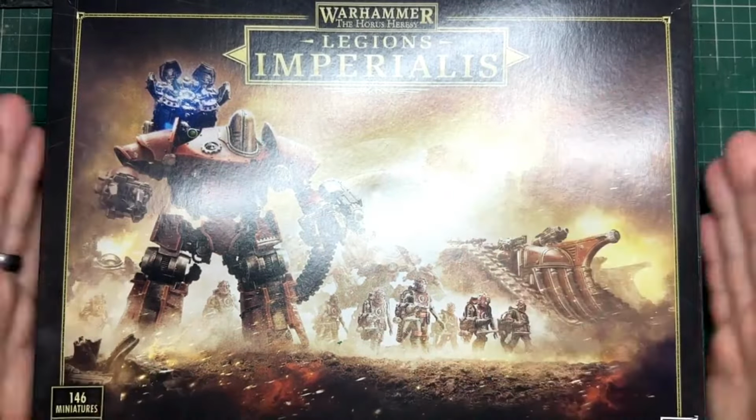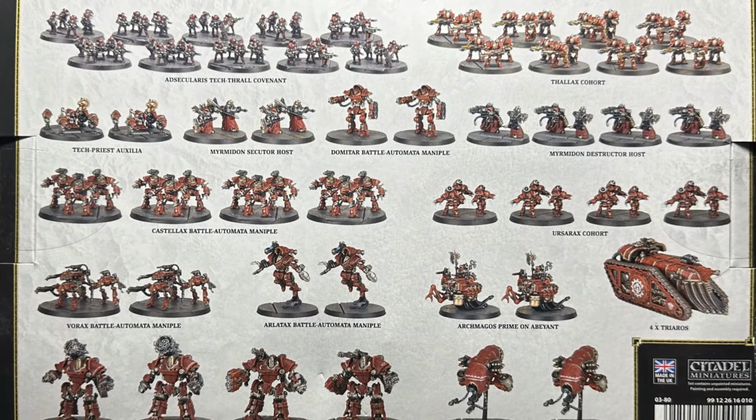Now you'll have to bear with me because some of these names I'm probably going to butcher, so let's just enjoy laughing at me as I try and pronounce them. You get 2 Archmagos Prime on Abeyant, 2 Vultarax Stratos-Automata, 2 Arlatax Battle-Automata, 2 Myrmidon Secutor Host bases, 2 Domitar Battle-Automata, 2 Tech-Priest Auxilia bases, 2 Vorax Battle-Automata bases, 4 Ursarax Cohort bases, 4, and I can't say this one,